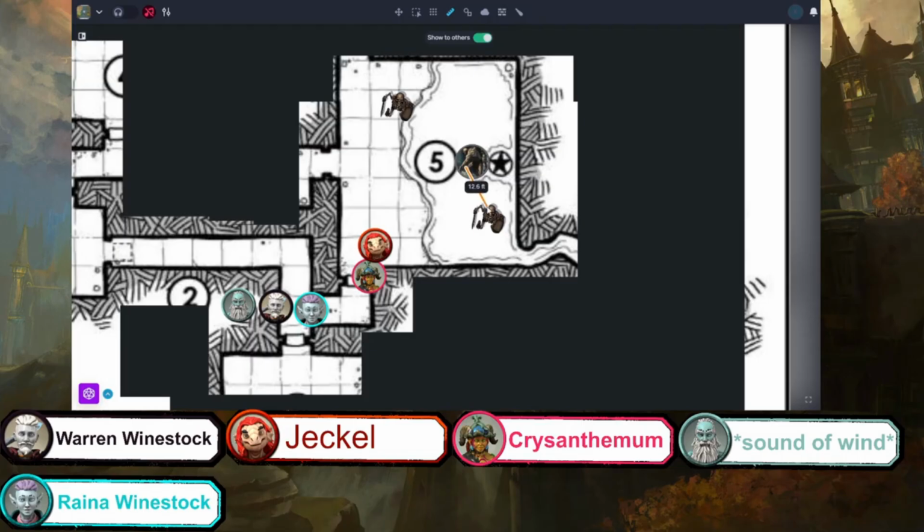I'll probably just move as far forward as I can. Correct me as a party on this. With a 14-foot difference and a 15-foot cone, 15 feet across, if you hit him, you hit him dead center.